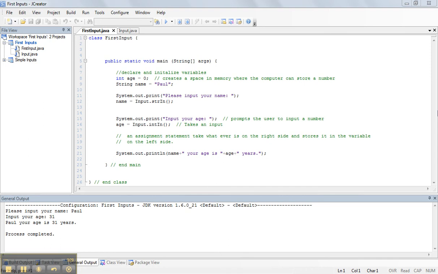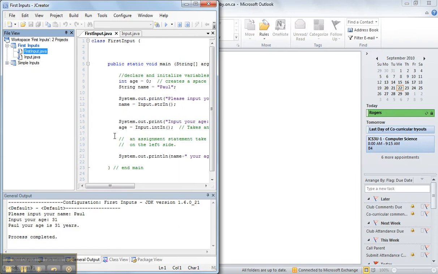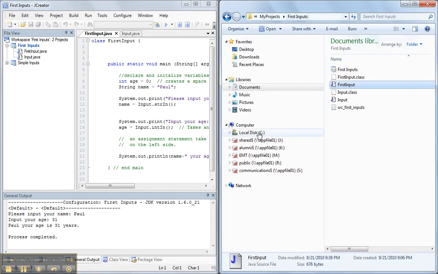Second thing that you should take away from this is the fact that this workspace has a number of projects within it. We need to know where the projects save this first input.java. So if this is what needs to be submitted, I need to know where on the computer first input.java lives. So to show you this, I'm going to put JCreator on the left hand side here, and I'm going to open up on the right hand side